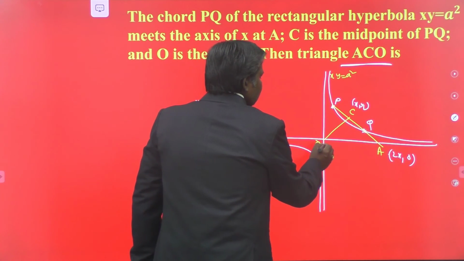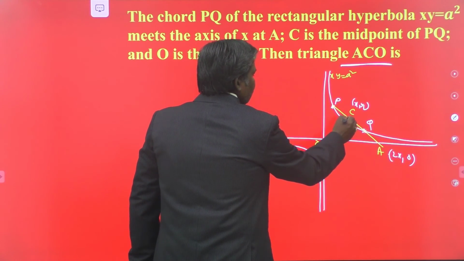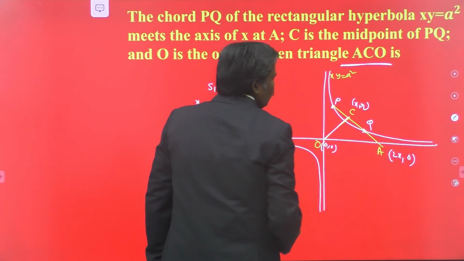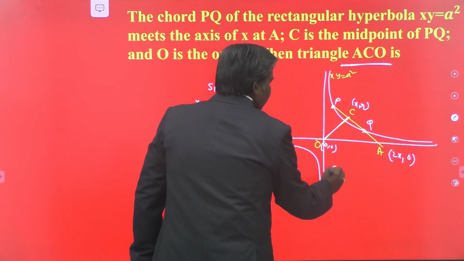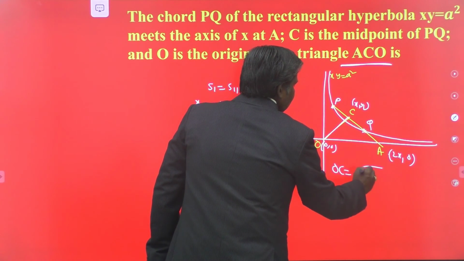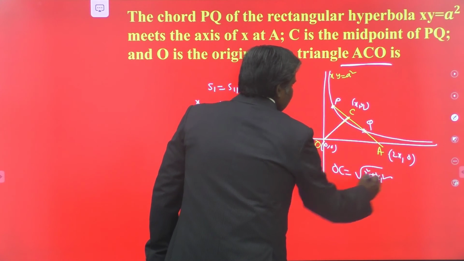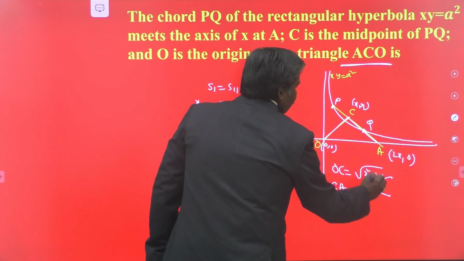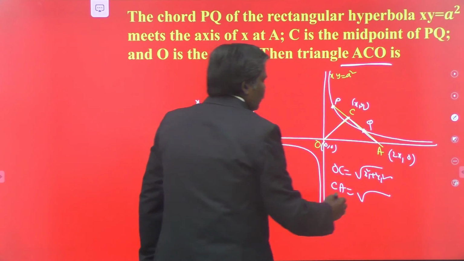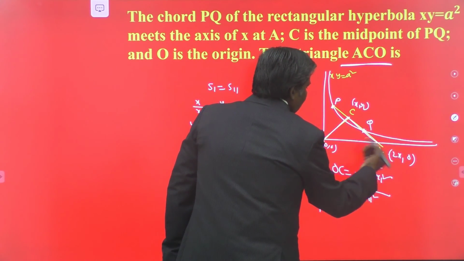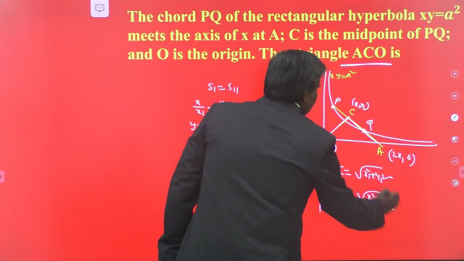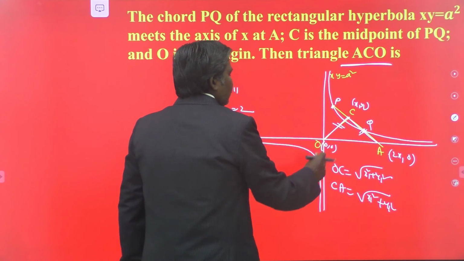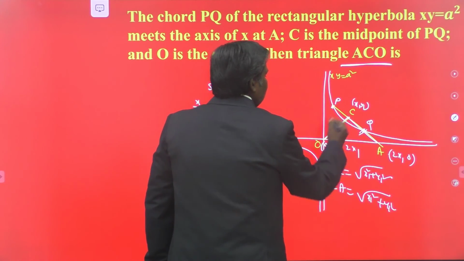Now this is origin, this is x1 comma y1. This is 0 0. This is 2x1 comma 0. Now what is the OC distance? OC is nothing but root of x1 square plus y1 square. What about CA? CA is also the square root of (2x1 minus x1) whole square plus y1 square, that is x1 square plus y1 square. So these two distances are equal. For this triangle, these two distances are equal. This is different. This is 2x1.